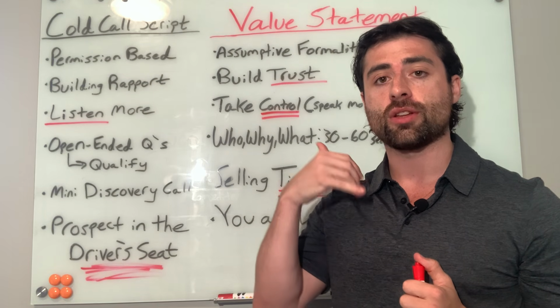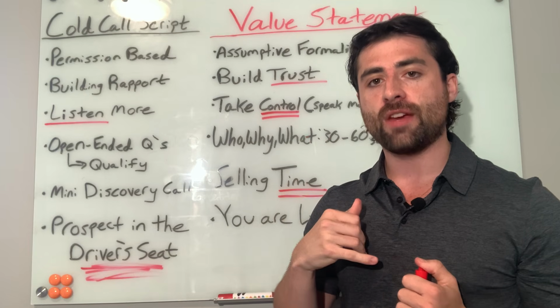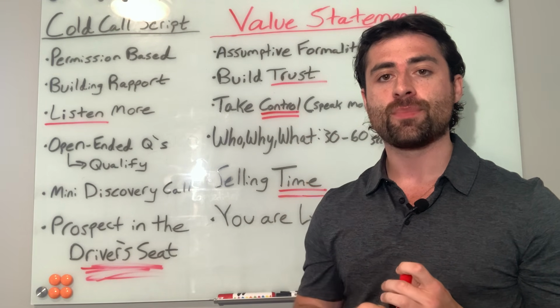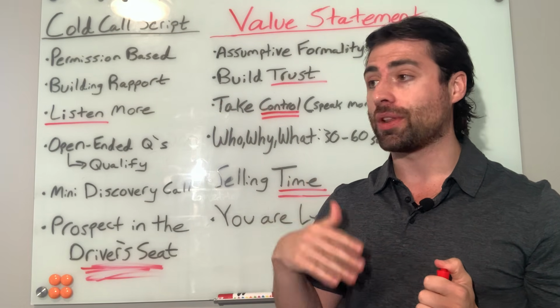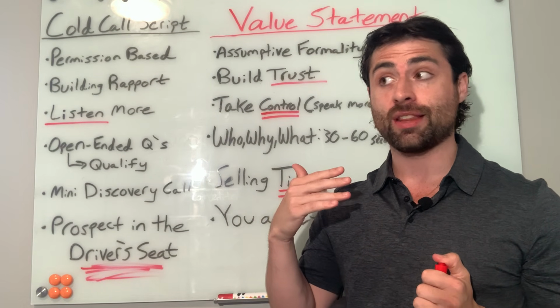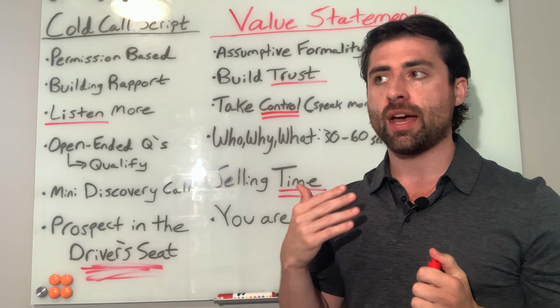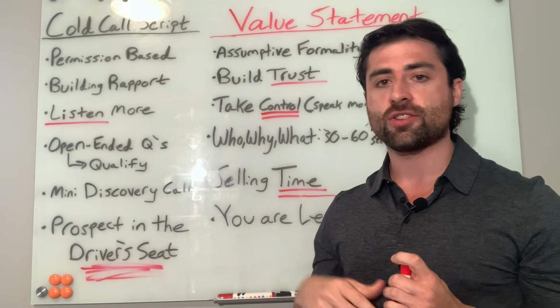The downward inflection, hey Jem, this is Connor Murray calling from X company. How are you? Is very different than, hey Jem, this is Connor Murray calling from X company. How are you today? That one that I just did signals that you're actually asking them to elaborate on how their day is going, and you're signaling that this call might go on for a while. The downward inflection signals, hey, I'm just giving you a formality here. Give me a quick formality back, and then I'll go right into why I'm calling.